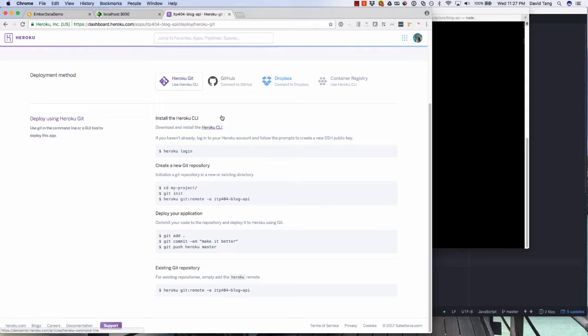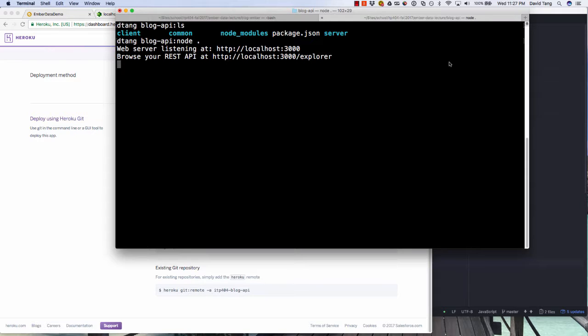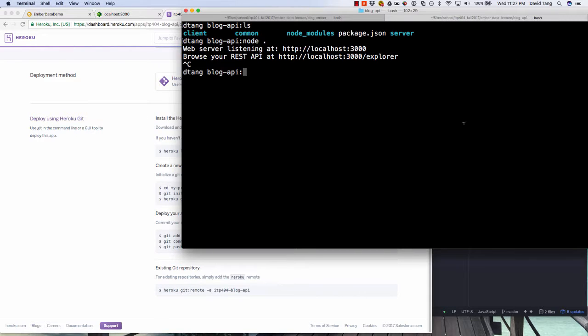Okay, so basically you want to just follow these instructions right here. Heroku comes with a command line utility, and this allows us to log into Heroku from the command line. And so I'm going to stop our API server,